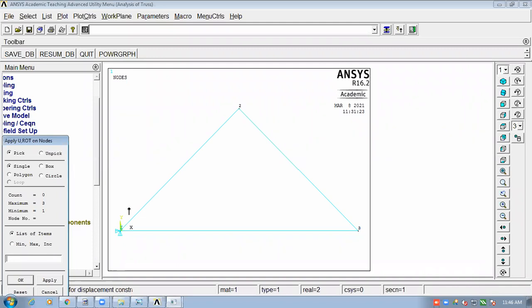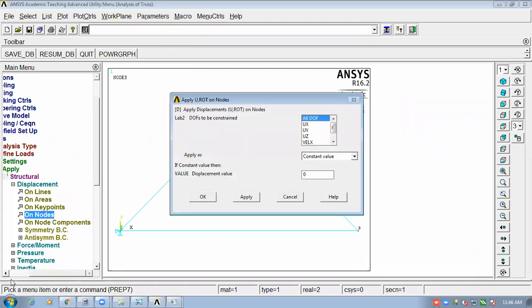So I need to now apply the boundary condition at node 3. I will select that node. I just selected that node. I will say okay, right? As I told you, see here, this particular node number 3, we need to constrain in vertical direction because it's a roller. That roller can move in X direction. It cannot move in Y direction, that is, it can't move in vertical direction. So I need to initially deselect this. I will click on it, and when I click, this becomes deselected. Now I will select UI. This roller can't move in vertical direction. That means its displacement value is set to 0.